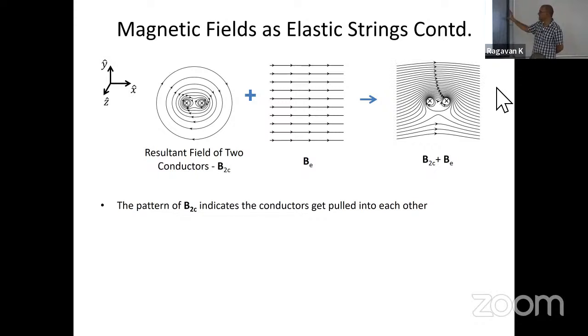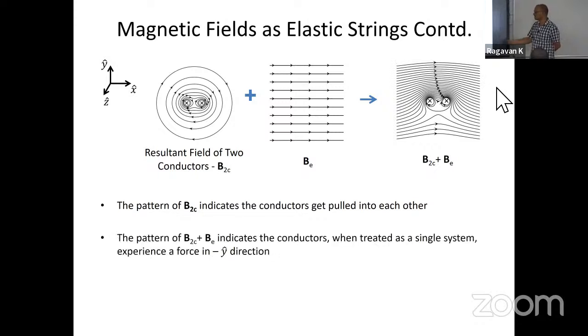Yes. The pattern says these two material volumes try to come closer. At the same time, they'll also be pushed downwards. So the initial thing: because they are carrying parallel, same direction current, they should come closer. And in addition, if you treat both of them as a single conductor, like two conductors placed side by side in a uniform field, they should feel a force in the negative direction. That is also getting reflected, right? So, just another example.